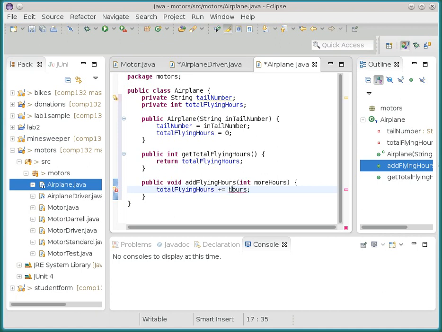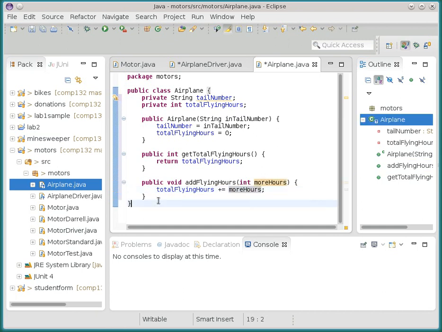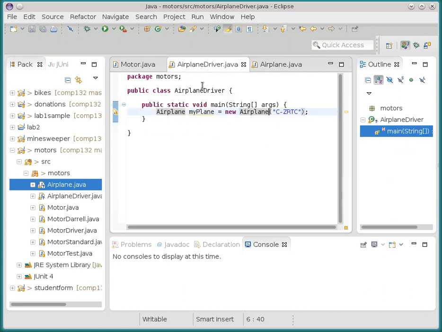More hours. Okay, so nothing serious so far. Okay, well, let's go back to our driver. And when the plane is being built,